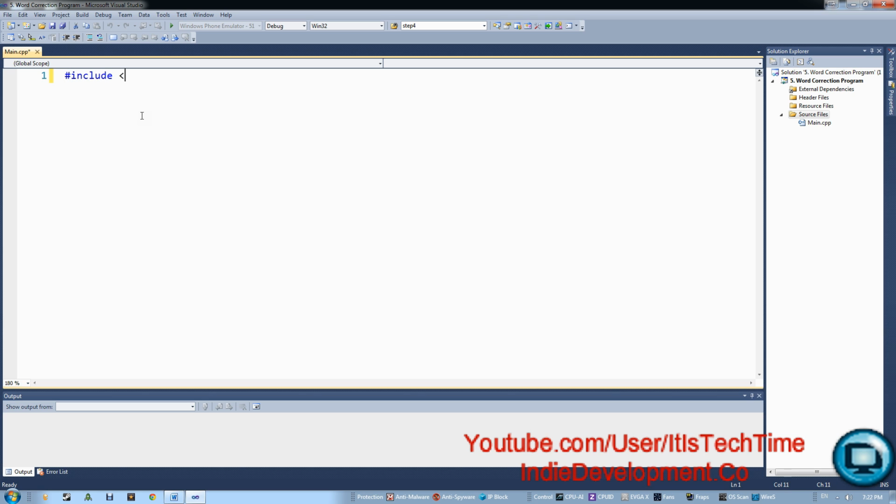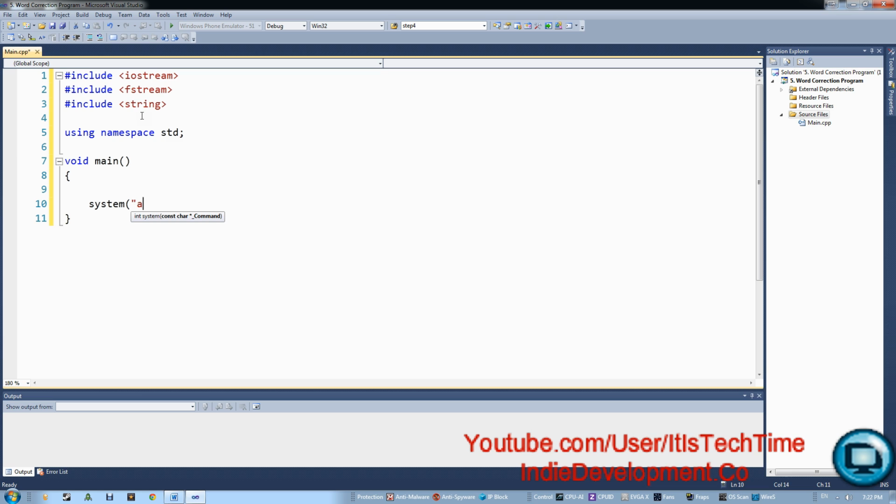Alright, so now we're going to start our program by creating the skeleton. So include iostream, and we're going to include files too, because we're going to read from a file. So fstream, here it is, and we're also going to include string because we're going to have to read strings. So let's go ahead and include string. These are just normal things that you think of before you do a program, and let's do using namespace std. Alright, void main and a system pause,